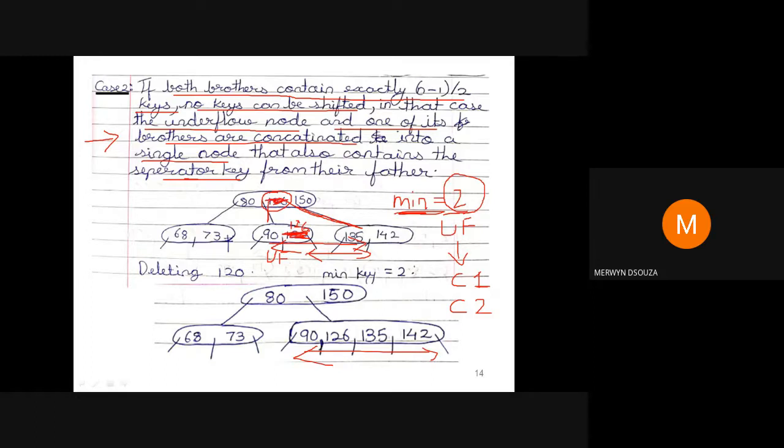Once I've done that, then you decide where you're going to place this arrow, this branch. So this branch you know is greater than 80. These four values here are greater than 80 and less than 150. Therefore, you will place this branch here. And the rest of it is not affected. You just draw it as it is.